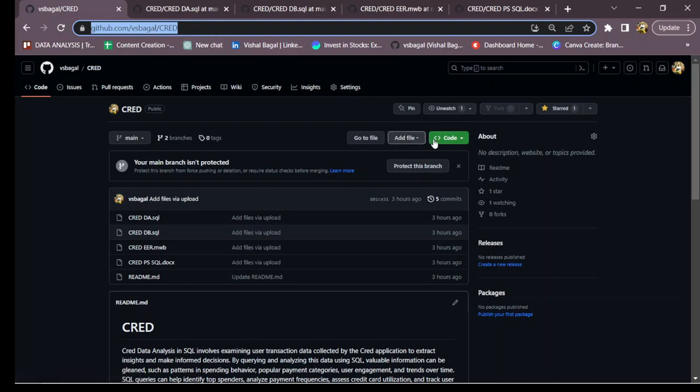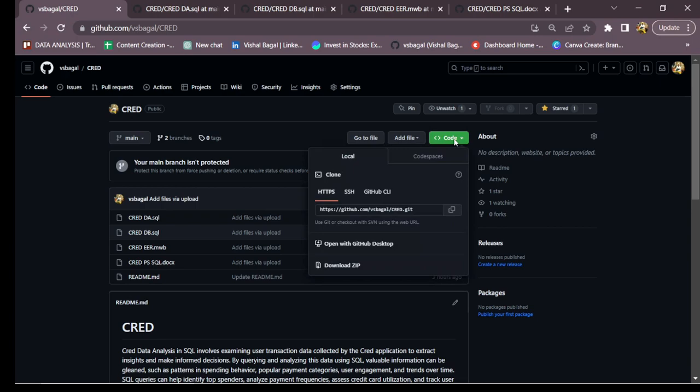After coming to this link, here you have the option of Code. You have to select Code, and here you have the option Download ZIP. If you click on this option, download zip,